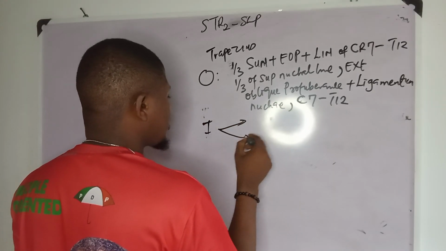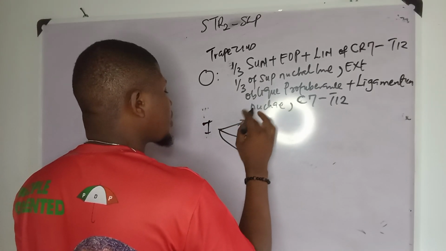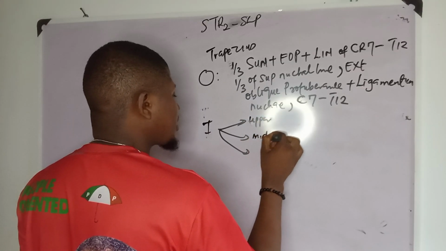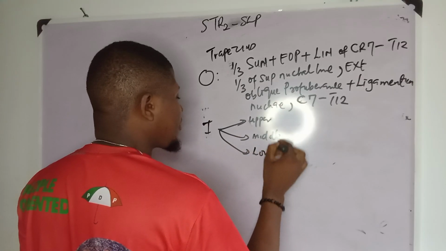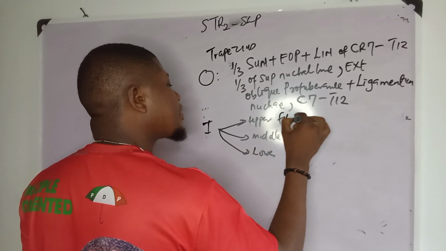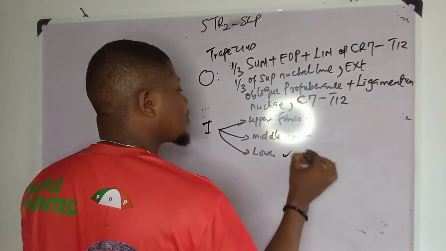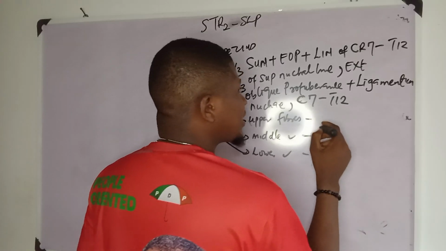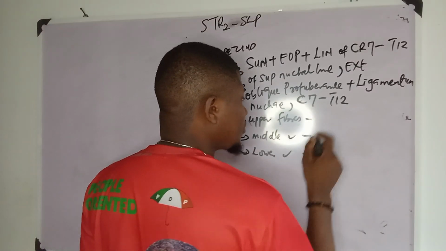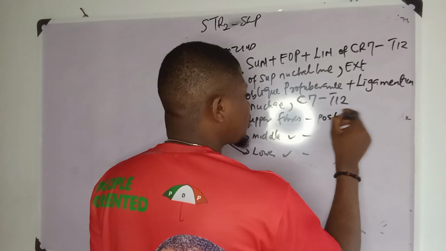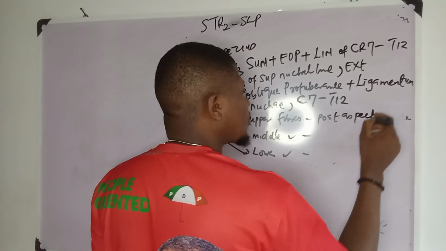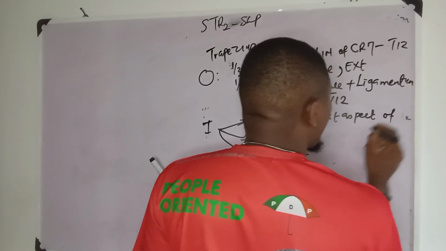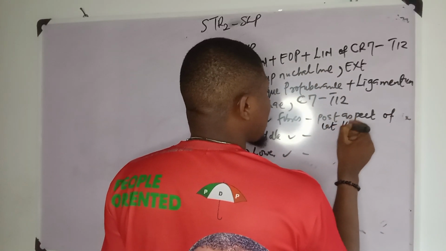Then if you come to insertion, this guy has three fibers: upper fibers, middle fibers, and lower fibers. Upper fiber, where does it insert? It inserts at the posterior aspect of the lateral half